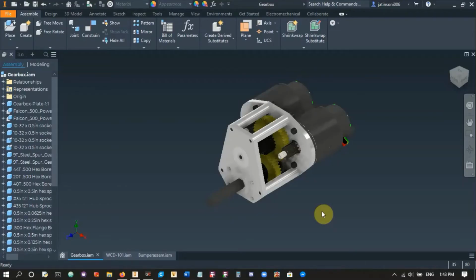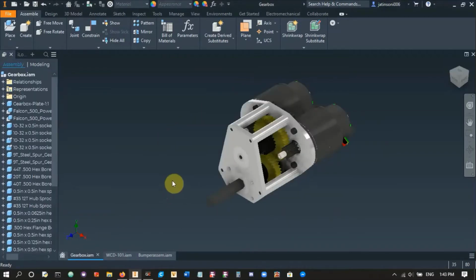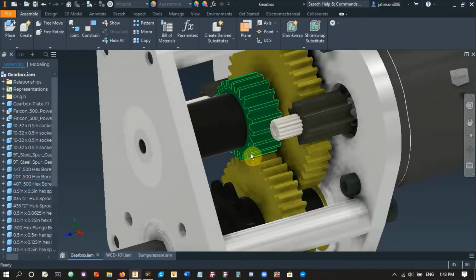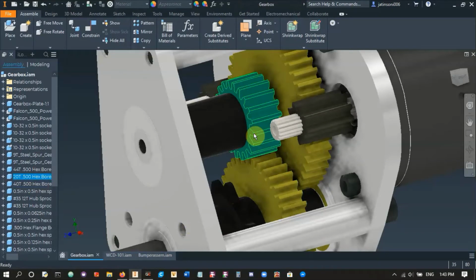Alright, so welcome to the second CAD challenge, which will be creating a complete drivetrain. First of all, I'm just going to go over a couple of things from the last one. In the gearbox assembly video, originally I was planning on using a 22 tooth gear. If you look on the JVN calculator, these numbers are different from that original one, but I was supposed to use a 22 tooth, but in the video I used a 20 tooth, so that was an